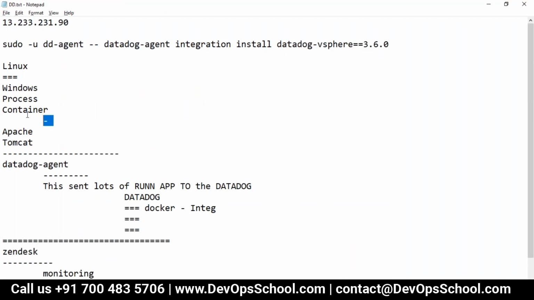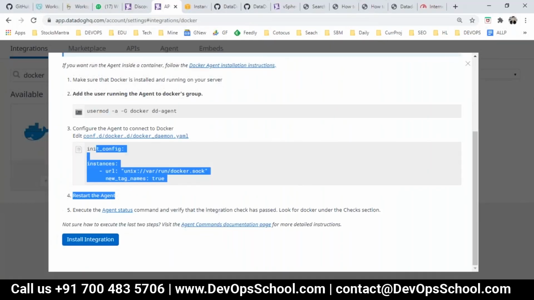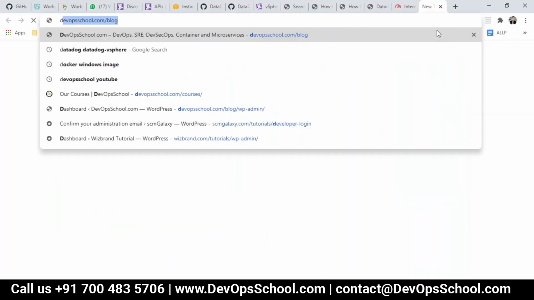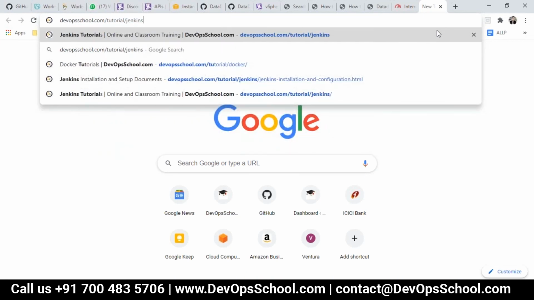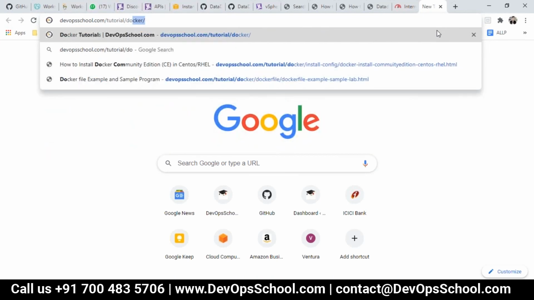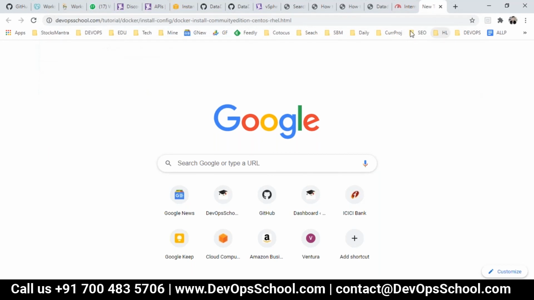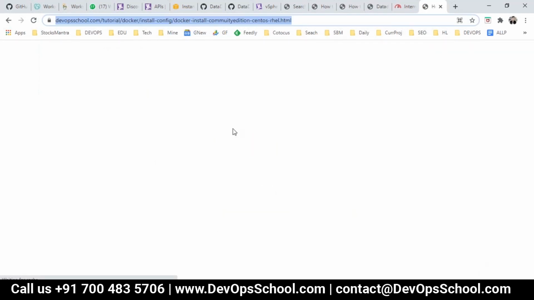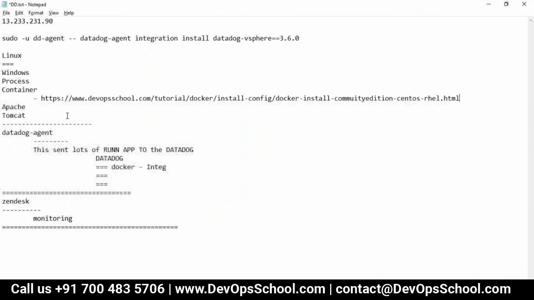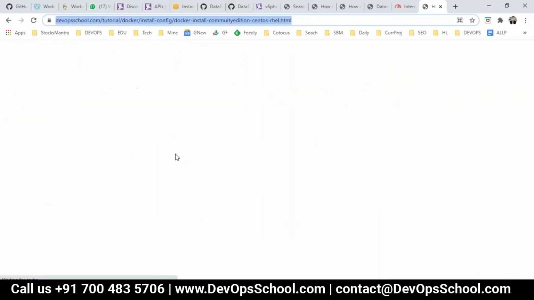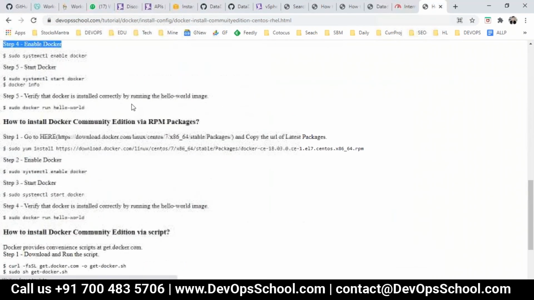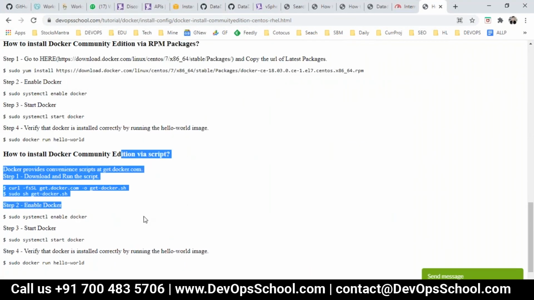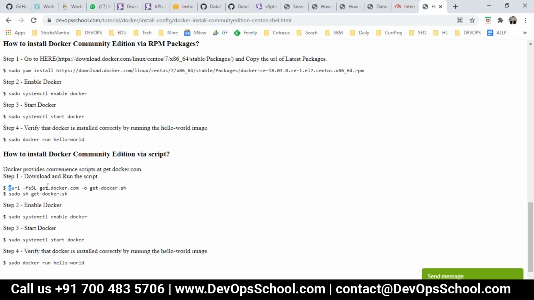So what I'm going to do is containers. I'm going to install Docker first. Now, how do you install Docker? So I'll share with you a URL which can help you get the installation done faster. First thing, install Docker using this URL. In this URL, you have three methods to install Docker. One is yum, one is an RPM package, and one is a script. I find the script a little easier, so I'll do that.